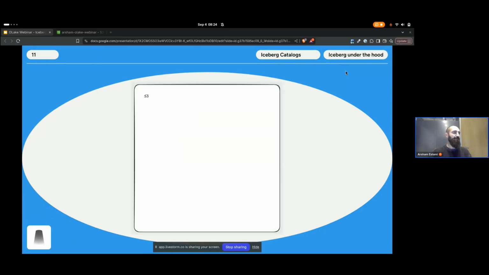Okay, so let's start with just a blank S3 bucket. We've got nothing. We want to just create a table. The first thing we would do is actually write a metadata file. This, like I mentioned earlier, is all about the schema, the partition specs, all that kind of stuff, but that's it. We just have an initial metadata file, and that is all.